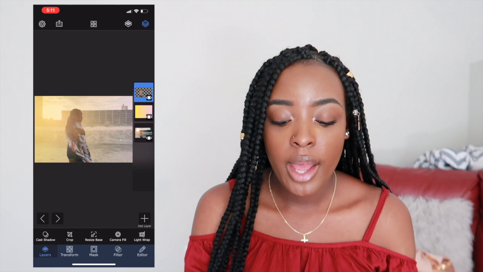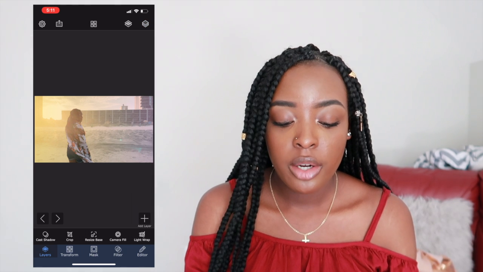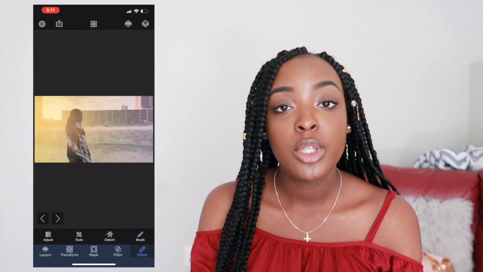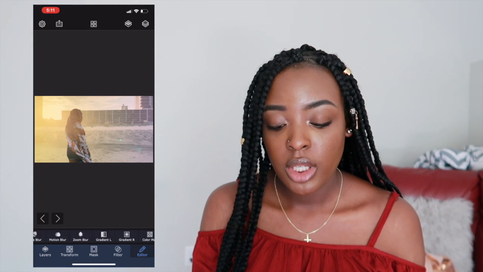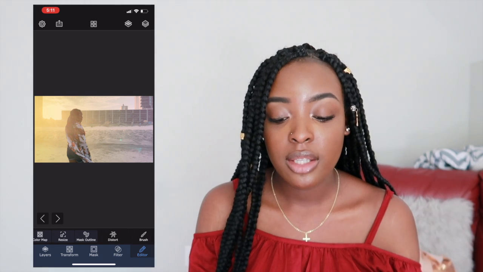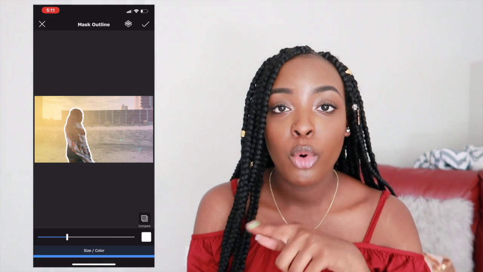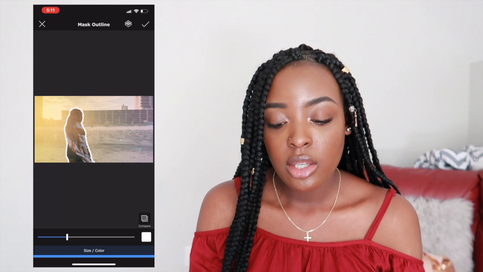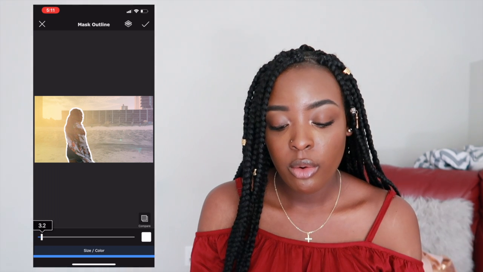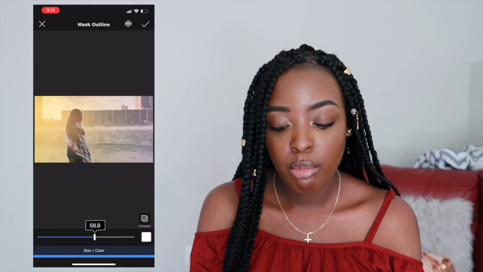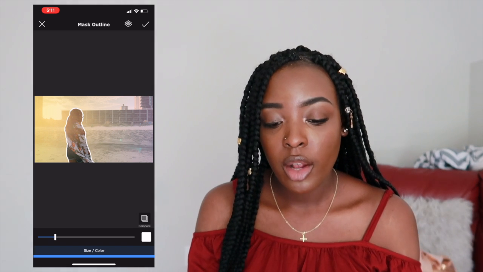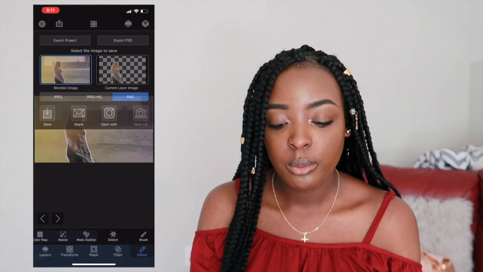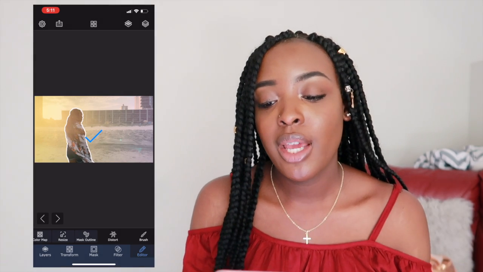And so then once you do that, you're gonna go to editor, and where you see tools, you're gonna hit tools, and you're gonna scroll all the way over to where you see mask outline. And so you're gonna mask the outline, and it's gonna give the white border around your cutout person. So you can either turn it down, or you can turn it all the way up and be a big bulky thing. I try to keep mine not too high, but I like you to be able to see it, so this should be good right about here. So after you do that, you're gonna save your picture, and you're gonna move on to the next app,